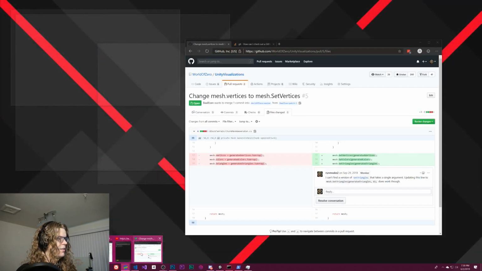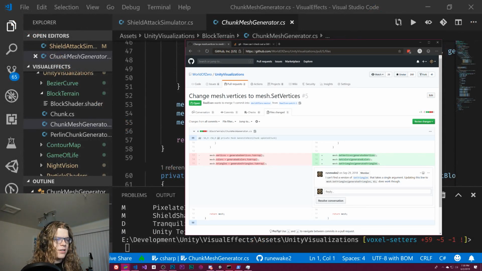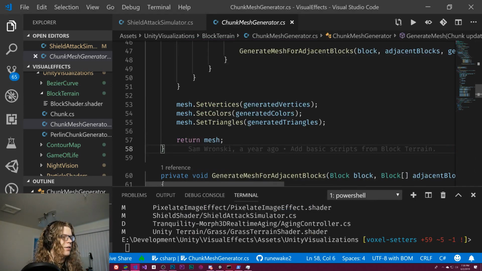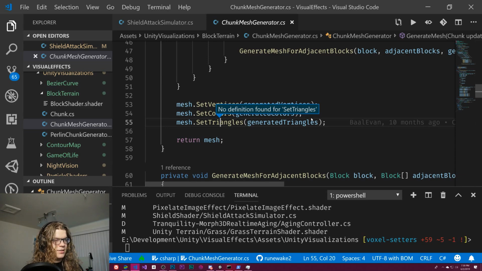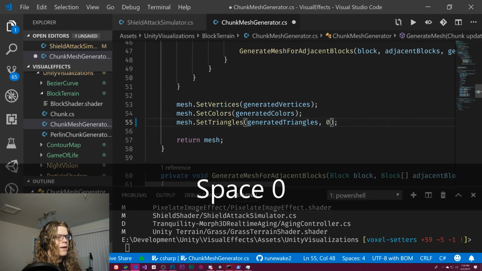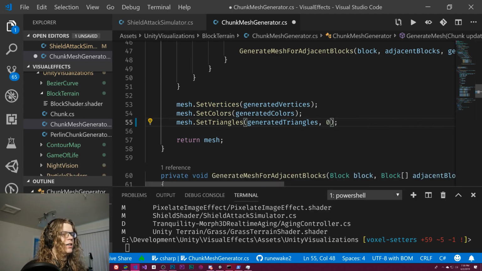So let's see. Set triangles that takes a single argument. So there is no version of this set triangles. It doesn't exist. And so you actually need to give it a submesh, in this case 0. And so giving it a 0 submesh should